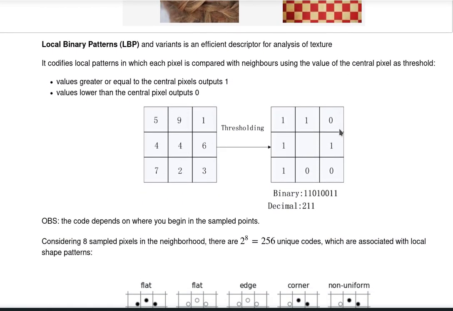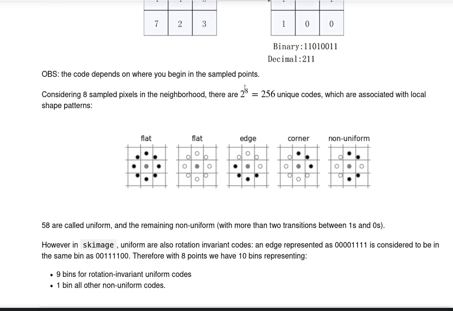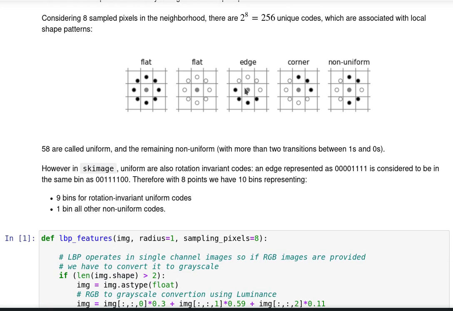Local binary patterns and methods that are variants of this are efficient as a descriptor for texture analysis. I explained that in the previous video, so I'm not going to go into detail, but there is something that I want to emphasize here. When we define the number of points that we are going to sample around the central pixel, those sampled points will become the LBP code. In the case of 8 sampled pixels in a neighborhood, we have 256 unique codes